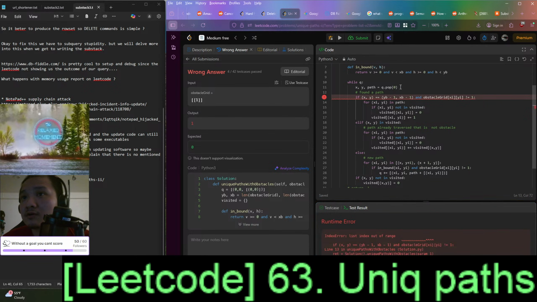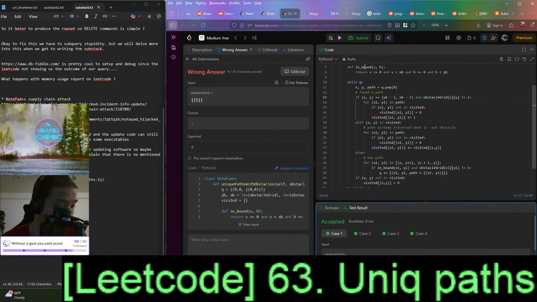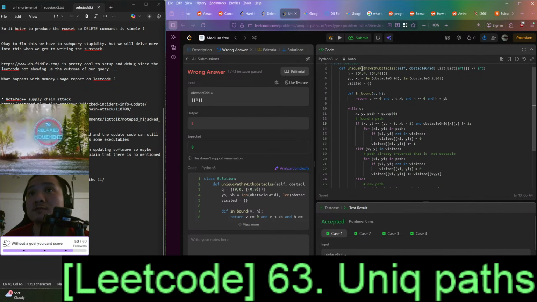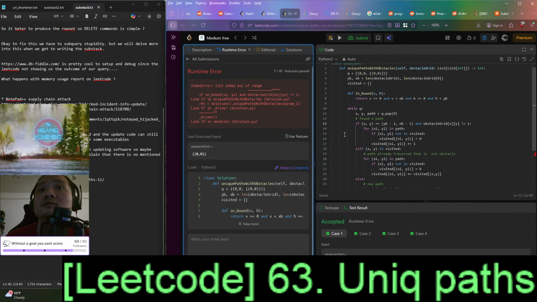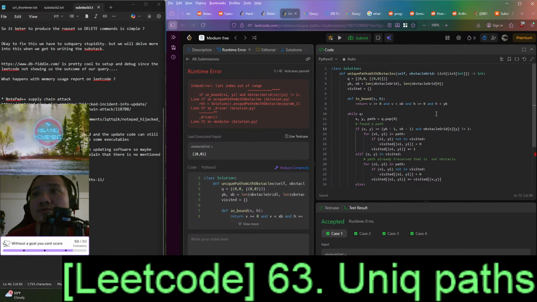What's wrong here? Oh, sorry. This is x and y. There we go. Let's go. Index is out of range. So you have these two paths.